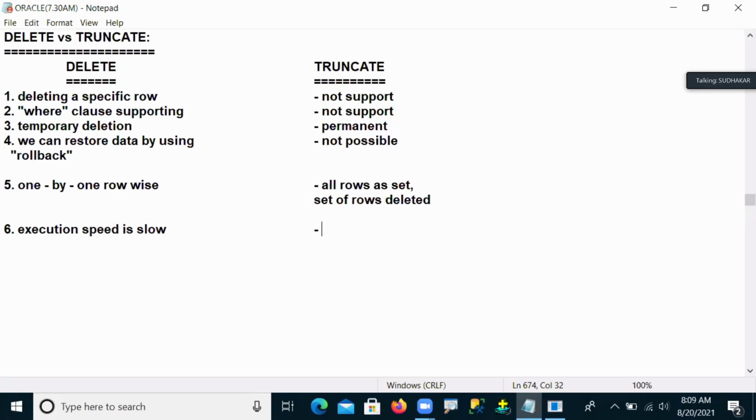The complete number of rows, whether hundreds of rows or lakhs of rows, will be treated as a set, and the set of rows will be deleted at a time. So in any case, it will be fast. Execution speed is fast when compared to the delete command.